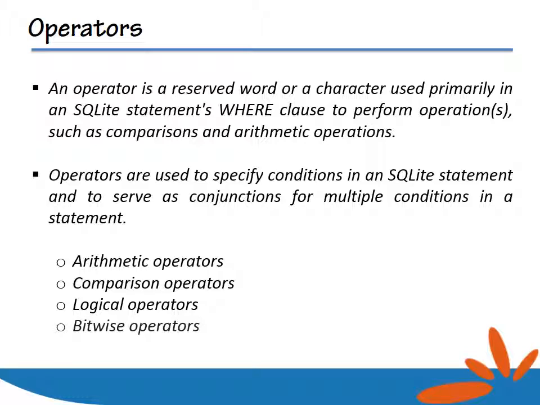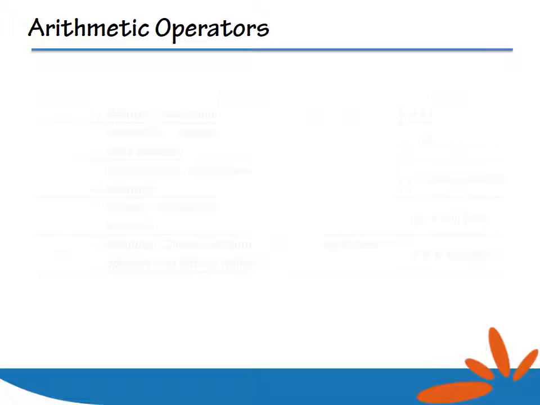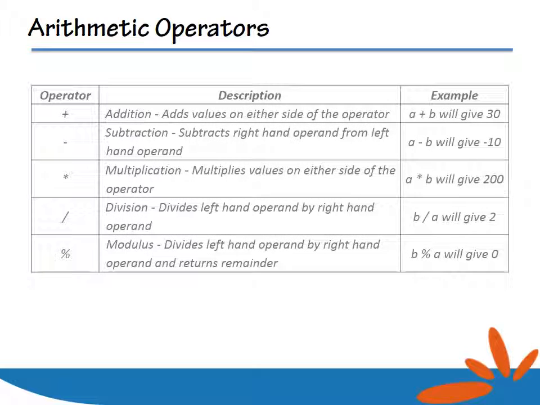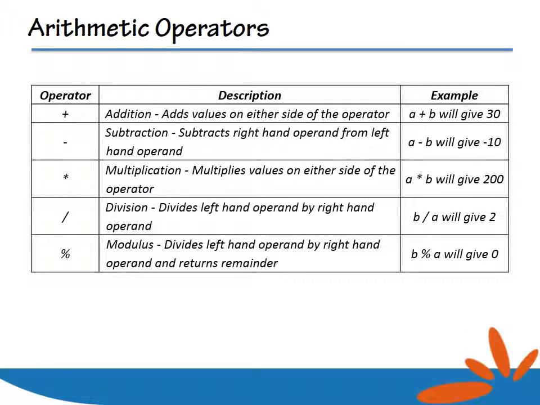Examples of arithmetic operators: addition adds the value on either side of the operator. Subtraction subtracts the right-hand operand from the left-hand operand. Multiplication multiplies values on either side of the operator. Division divides the left-hand operand by the right-hand operand, and returns the